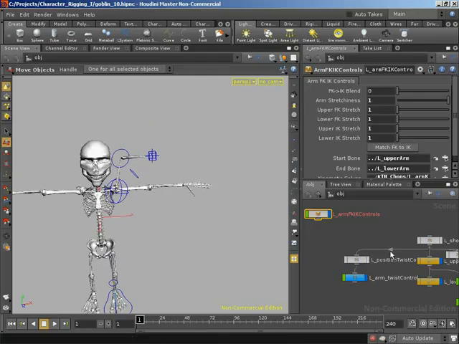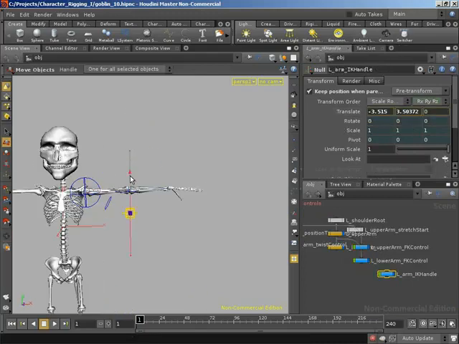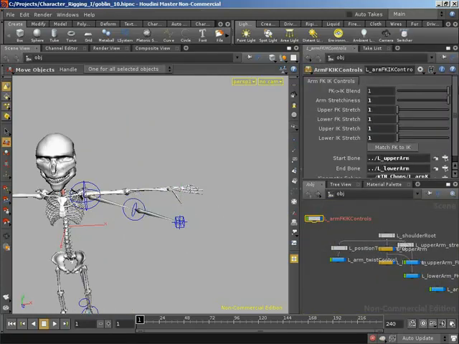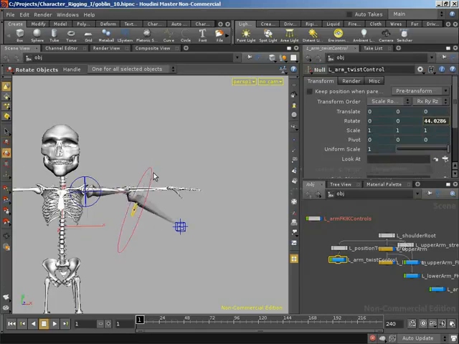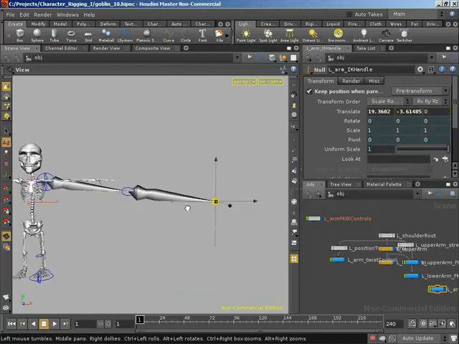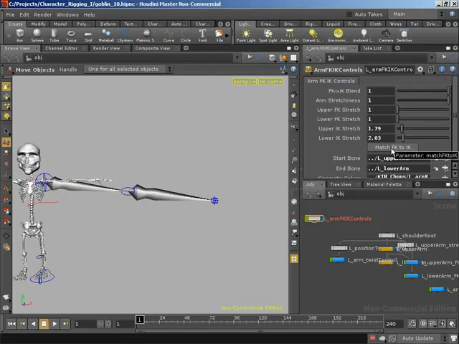And let's come in and grab, first thing, our FK controls and 0 those out. And then let's grab our IK. I'm going to move my IK down here in this case. Let's blend over to IK so we can see clearly what's happening. And I want to add an upper IK stretch and a lower IK stretch. I want to add some twist. And I also want to pull this such that we extend beyond the limits of that chain. So we now have both manual stretch and automated stretch taking place, and we want to make sure that we match both of those. So let's match our FK to IK, and then we can go ahead and blend back,